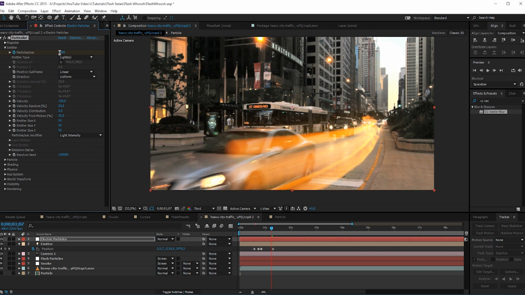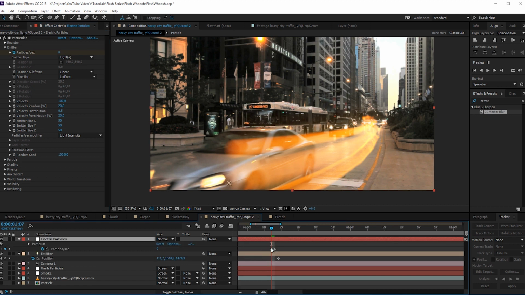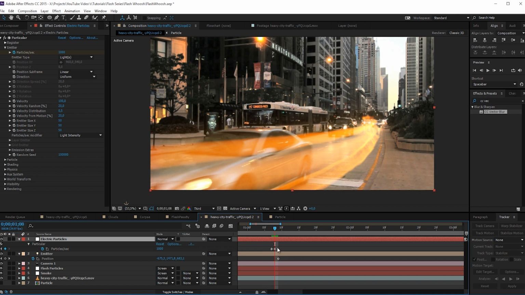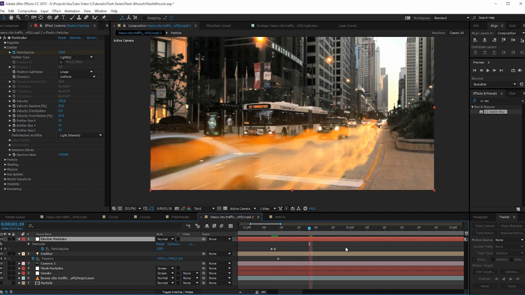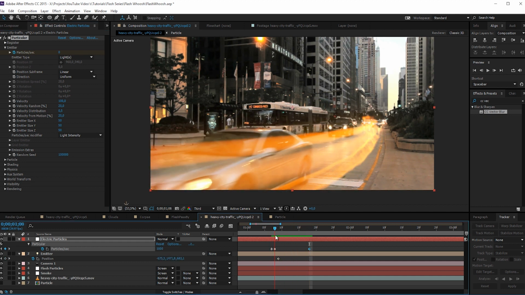So now it's 0, and then when you press U on the keyboard, you can see the keyframes by the way. So if we zoom in, you can see 0, 1 keyframe ahead, 1000, and then like 10 keyframes ahead. By holding Shift and pressing page down, you will advance 10 keyframes, and then you can change it back to 0. So it's going to make a little burst of particles right over here, which is great. So once we have done that, we're going to change the velocity here to 2000 or so, and change everything else to 0. And here we can keep this at like 500,